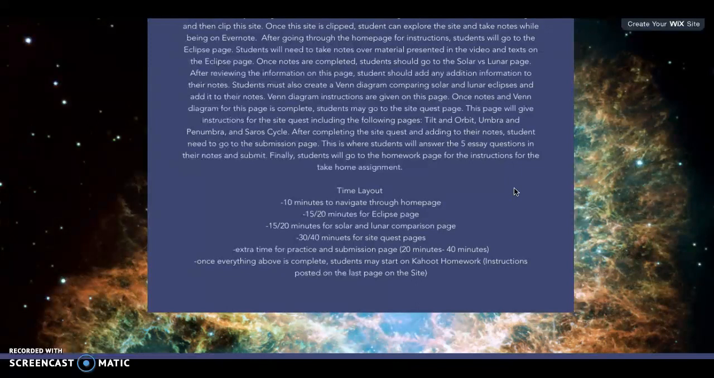And while you're going through these pages, you should be taking notes over every new piece of information you find out. Once you have completed notes over eclipse, solar and lunar, and the site quest, you should go to the practice and submission page. There is where you will find 5 essay questions you have to answer within your notes. And then once that is complete, you can submit. If you get everything done and there's still time remaining, you can start working on your homework, which you will be able to find at the end of this site is the final page,